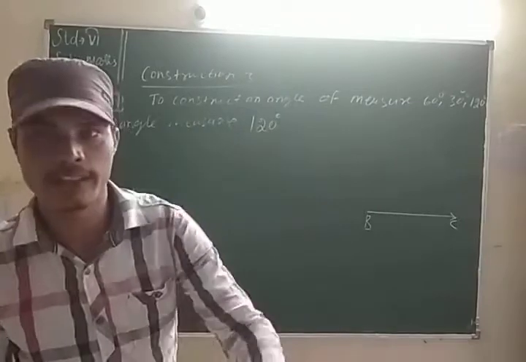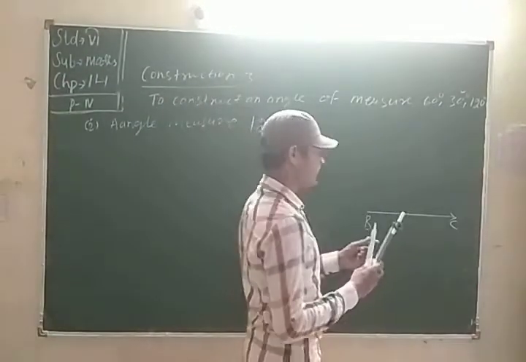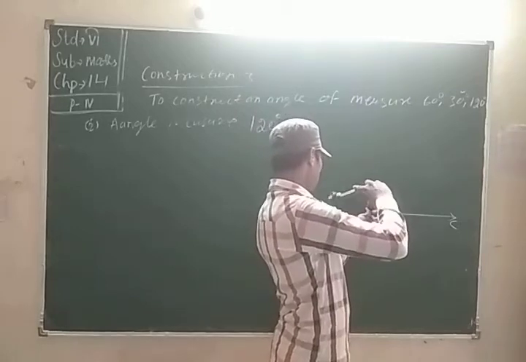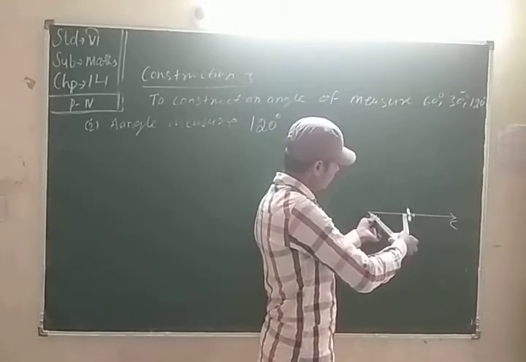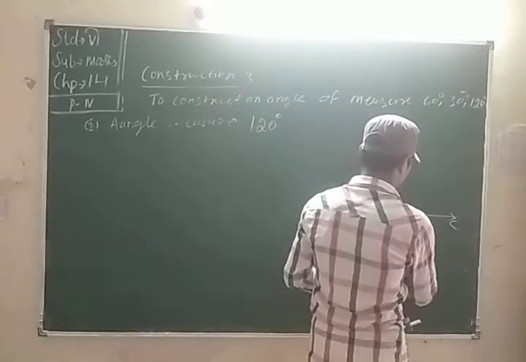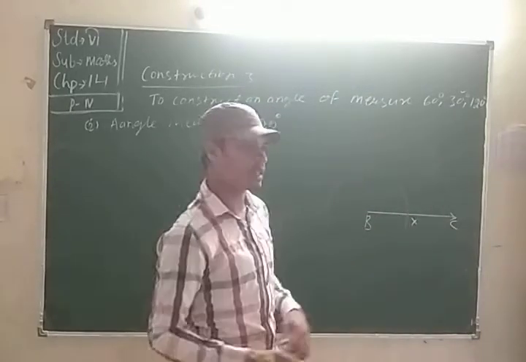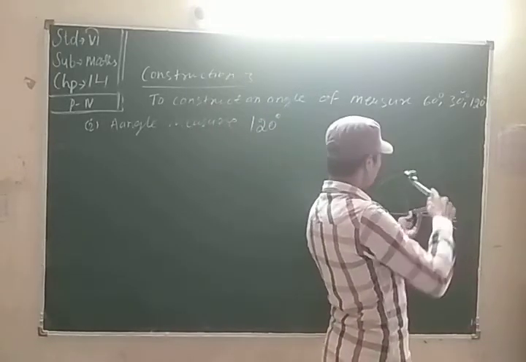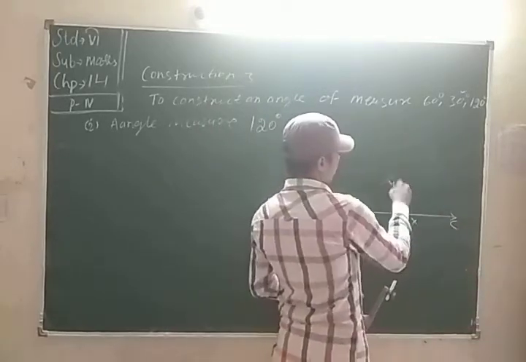After taking a ray BC, take a compass and draw any convenient arc that cuts the BC ray. We get a new point; let's name it X. We know that one arc cutting point gives 60 degrees, and then we get a new point on the arc, which is 60 degrees more. Name it Y.